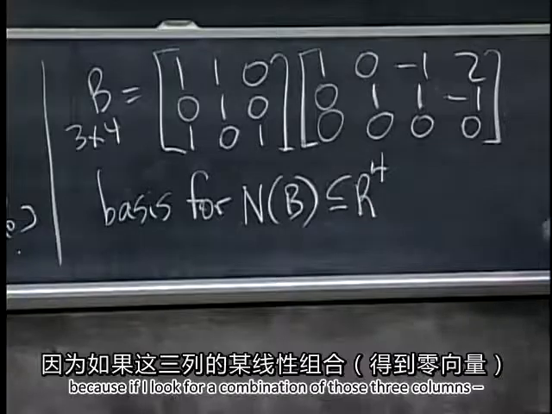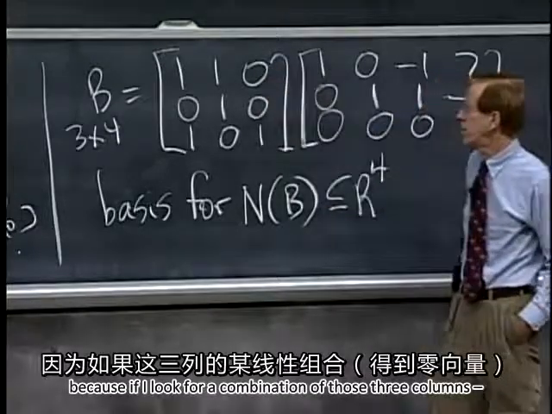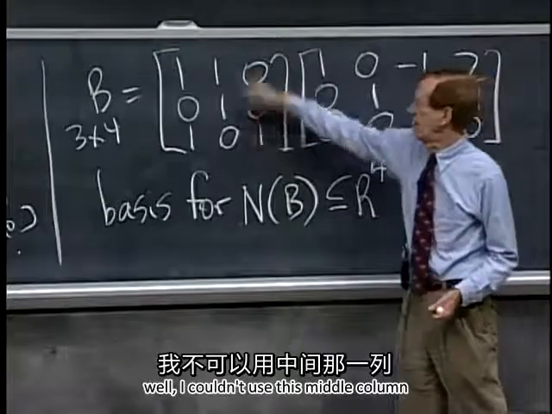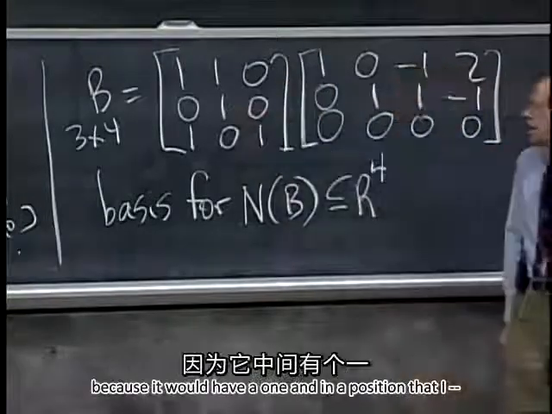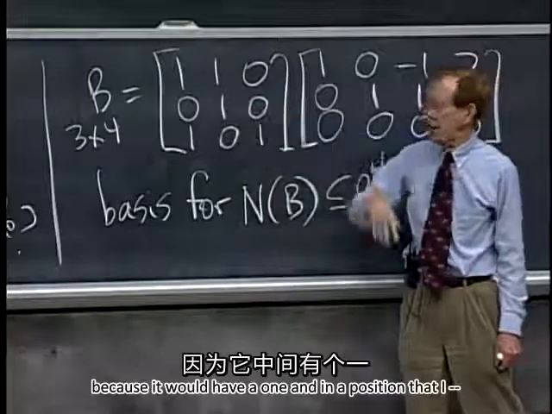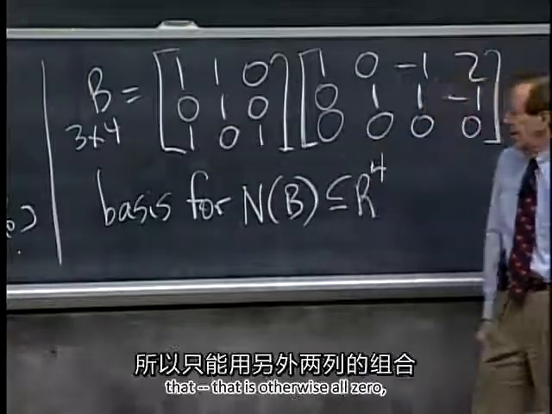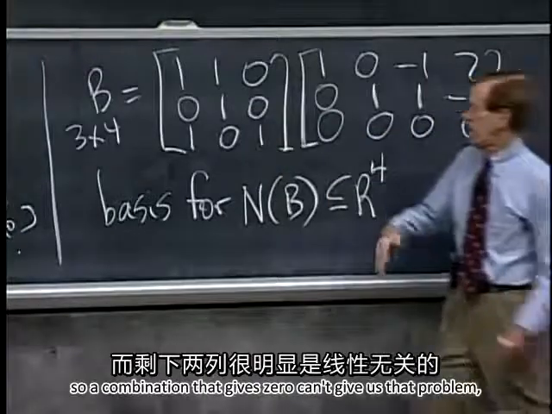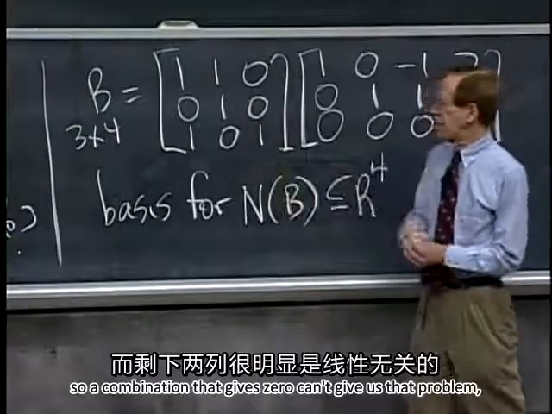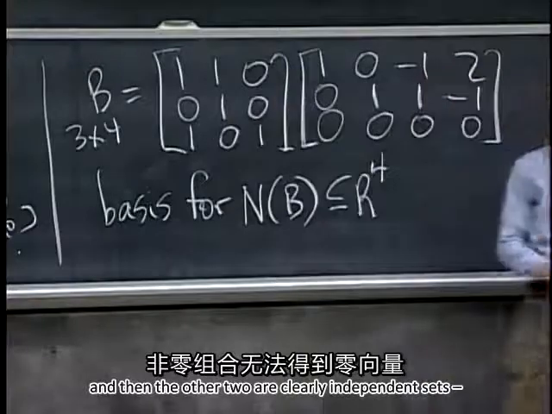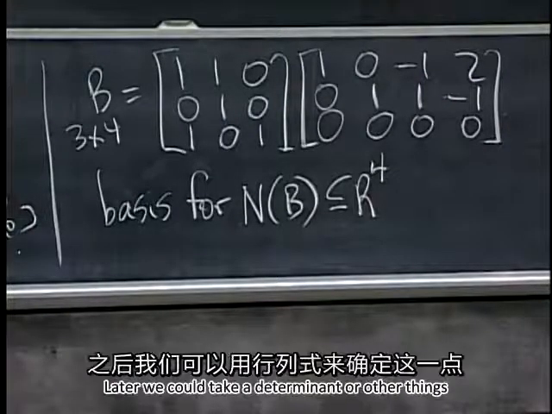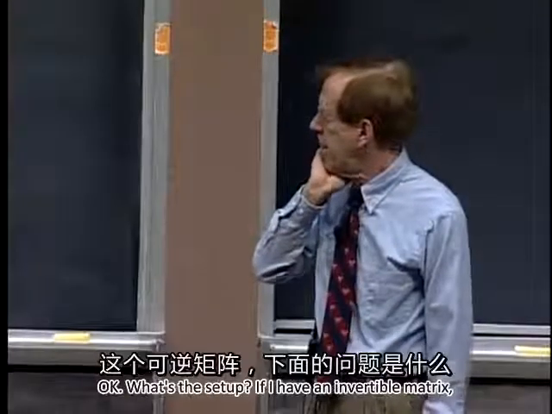Because if I look for a combination of those 3 columns, well, I couldn't use this middle column because it would have a 1 in a position that only is otherwise all 0. So a combination that gives 0 can't use that column, and then the other 2 are clearly independent steps. So that matrix is invertible. Later we could take its determinant or other things. Okay,